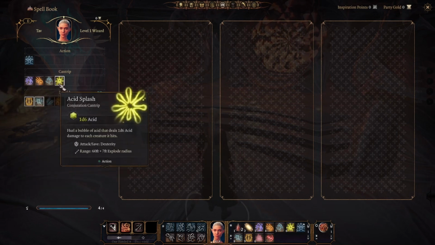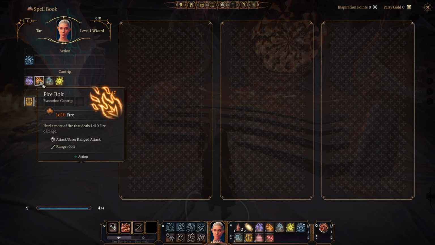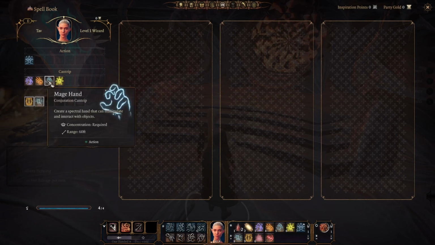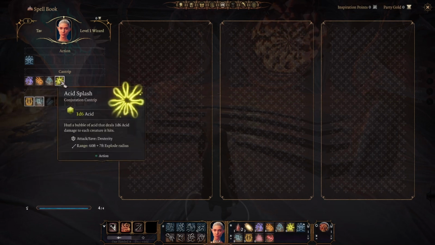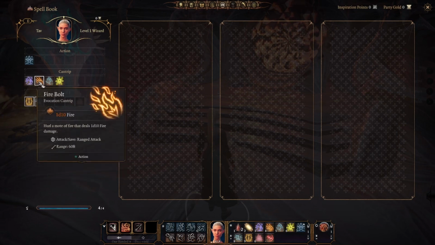There are some other unique spells and things, but the first thing to look at is, for each spell, if it has attack/save, and then what it says after that. So Shocking Grasp, attack/save, melee attack. Firebolt, attack/save, ranged attack. Mage Hand doesn't have that. And then this one here, attack/save, dexterity. So the 2 that say attack, so melee attack and ranged attack,